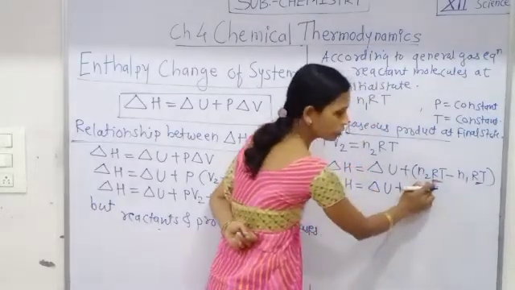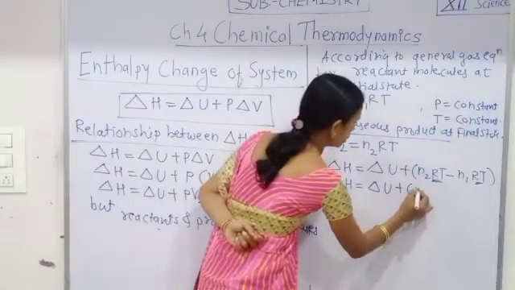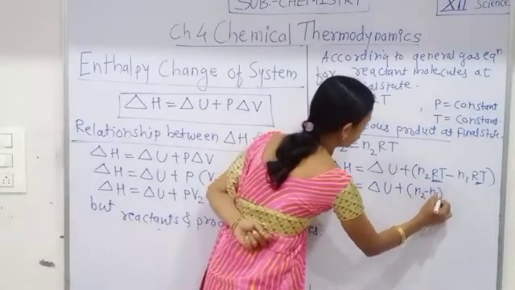R is the gas constant, T is a constant temperature. Therefore, here N2 minus N1